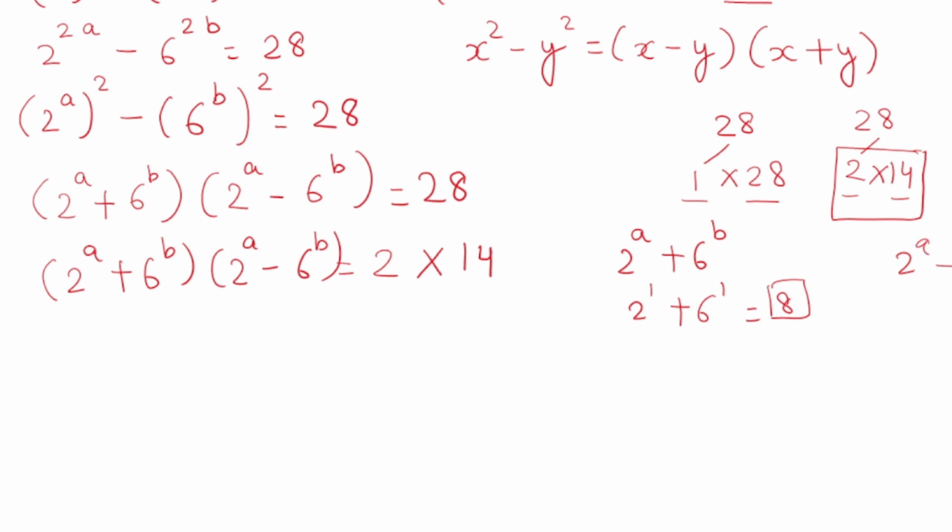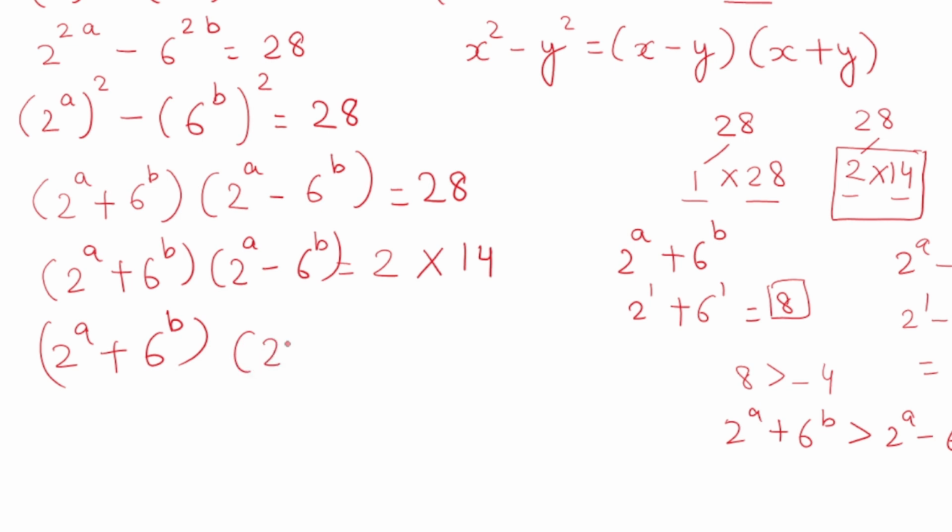the same equation 2^a - 6^b, and if I put 1 here, that will be equal to -4. So it means 8 is greater than -4. That means 2^a + 6^b will always be greater than 2^a - 6^b. So what that means is we should write like this: